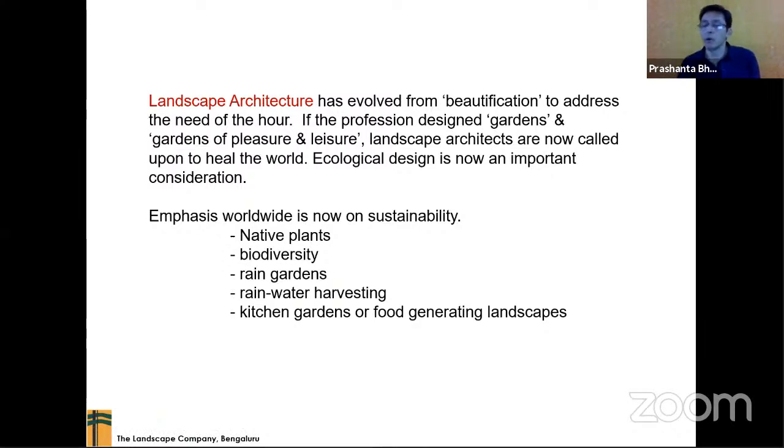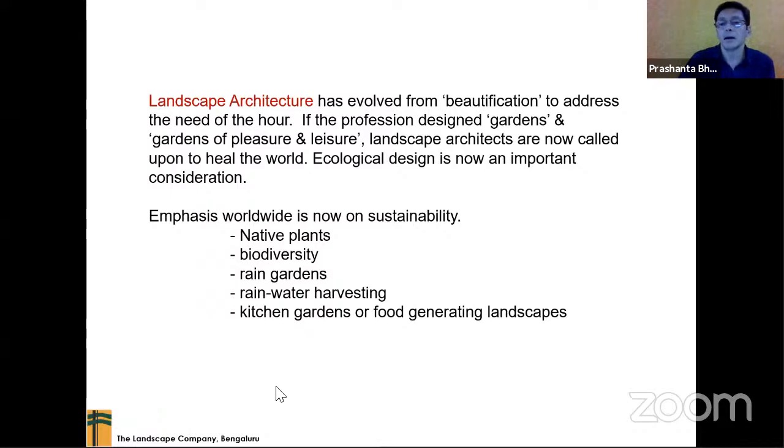I mean, we always have rich patrons who bring us in to do the projects, but now it's for the common people. We're looking at parks, larger spaces, cities, urban planning. And at that time, it's not just the human that's in the space; we have to look at all the other animals and birds and butterflies who are going to be using the spaces. So biodiversity becomes very important.